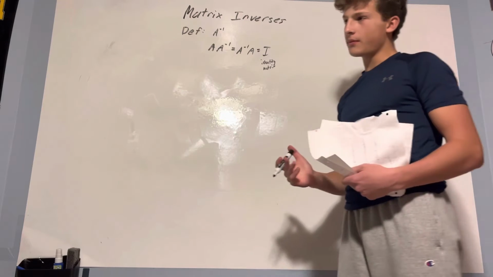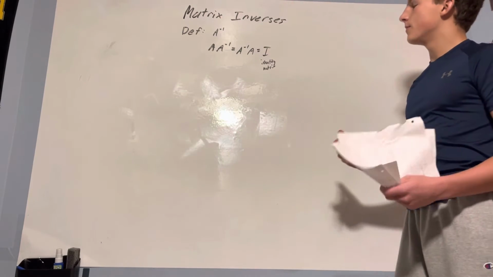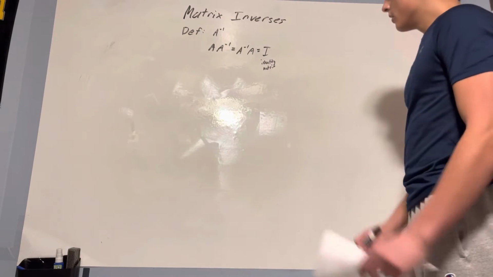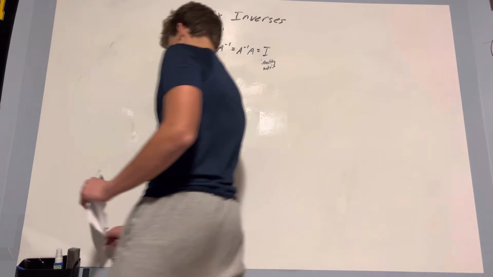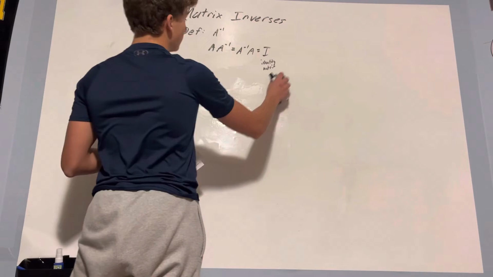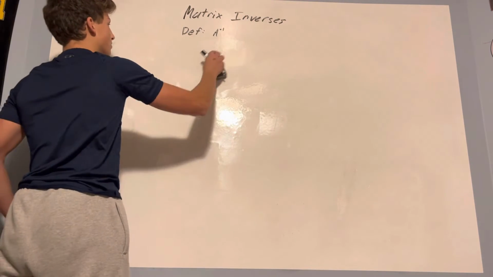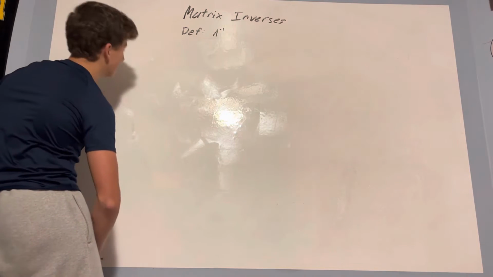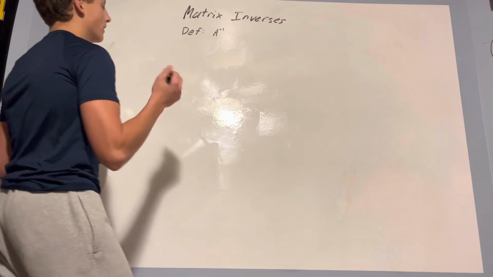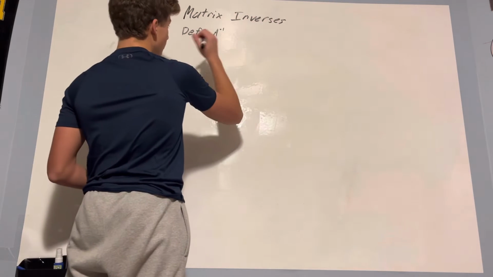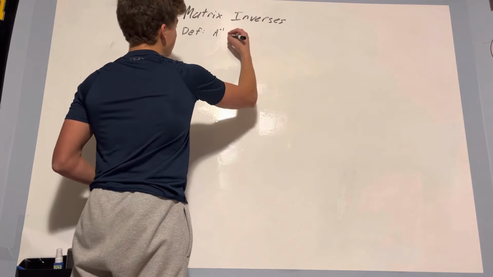It's like multiplying something by 1, but with matrices. So I am going to make a statement that will make sense once we go through the steps of computing a matrix inverse. A inverse only